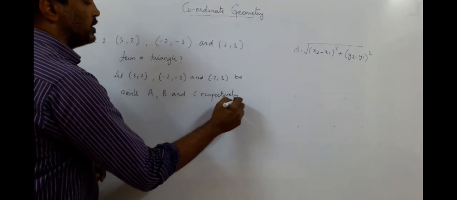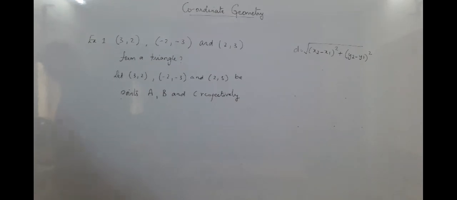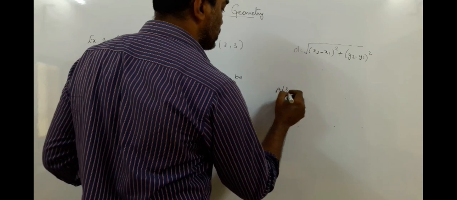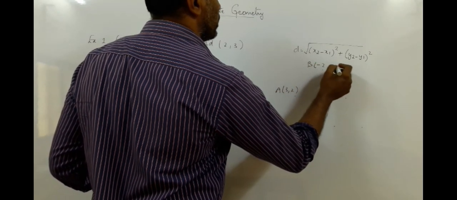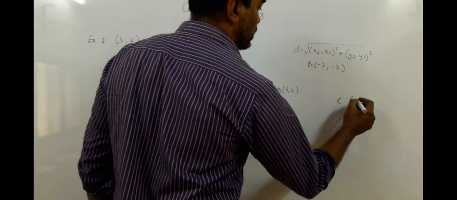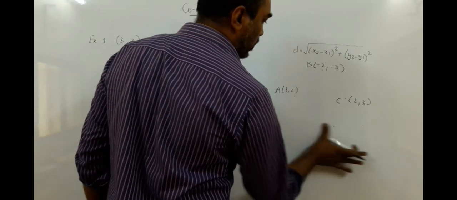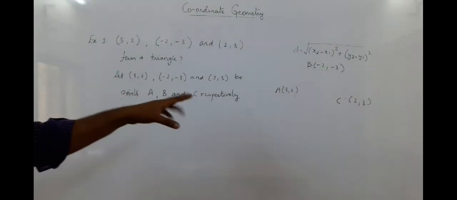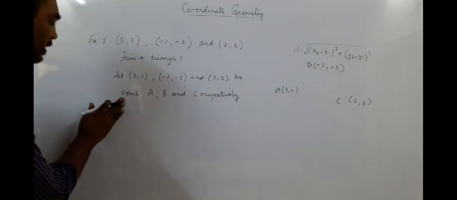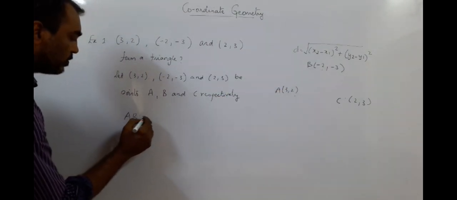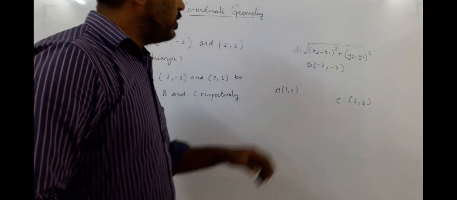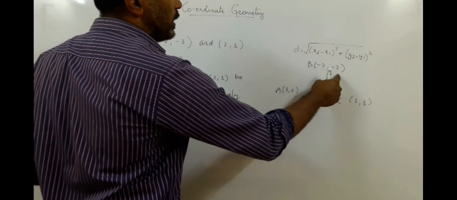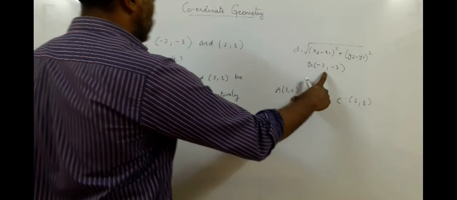So what I have done to make it simpler, I have named the points A, B and C, or anything you can name, P, Q, R or X, Y, Z, whatever. So say this point A is 3, 2, point B is minus 2, minus 3 and point C is 2, 3. Either the 3 points form a triangle or the 3 points are collinear. Now we'll see the first thing. So I have got 3 points here, A, B and C. So when I take the distance AB, how do I find AB? When I take this point AB, one of them has to be x2, y2, one has to be x1, y1. So I'm only taking these 2 points at this time.